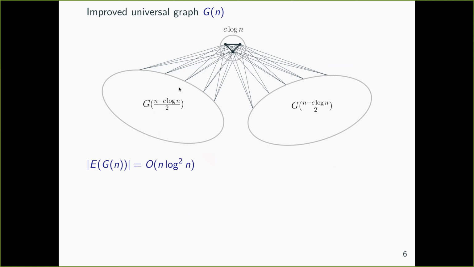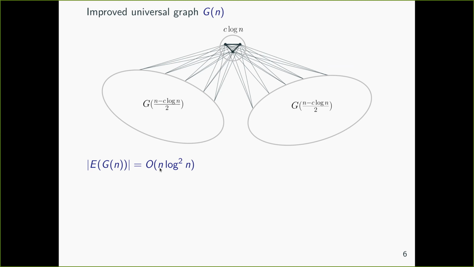Hopefully you're convinced that this works for trees. And now let's look at how many edges we spend when we do that. Here, the analysis is really simple, because let's look at what happens in one step. At the first step, the number of edges we put down is roughly log n times n, so it's n log n. And the recursion depth will be log n.